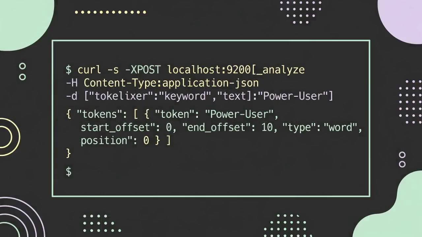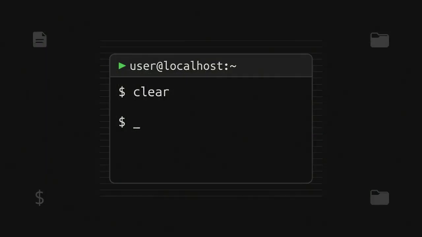Finally, we test the keyword tokenizer, which emits the entire input as one token, no splitting at all. We give it just power-user, and it returns the whole string unchanged, preserving the hyphen as part of the single token. In this demo, we will use Elasticsearch's _analyze API to compare how different analyzers tokenize the string,